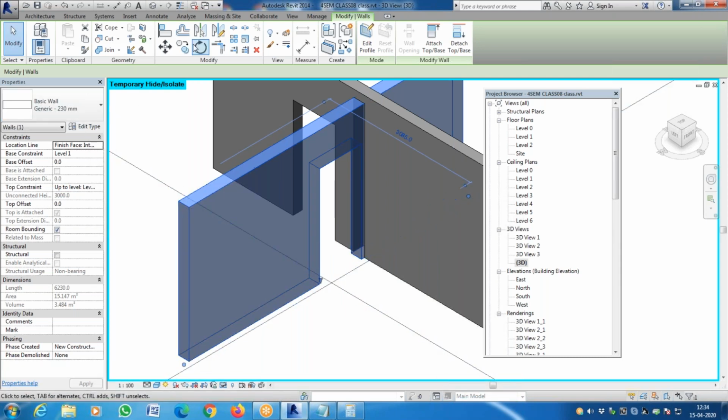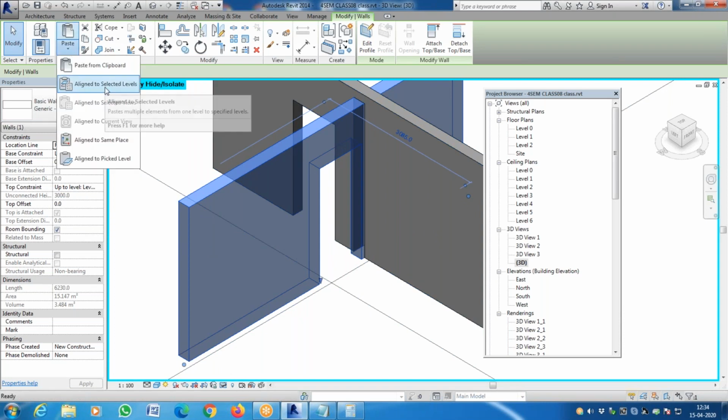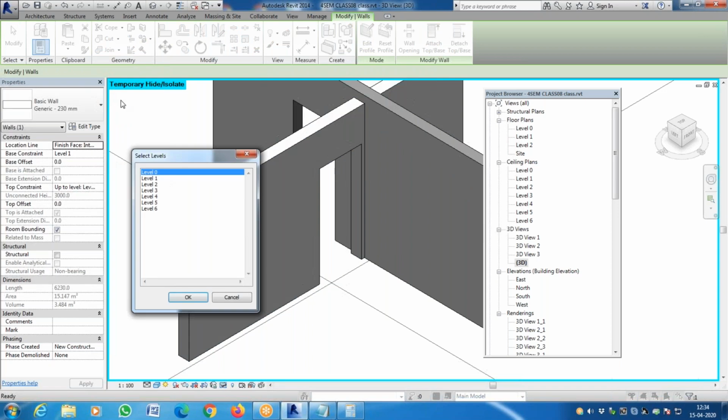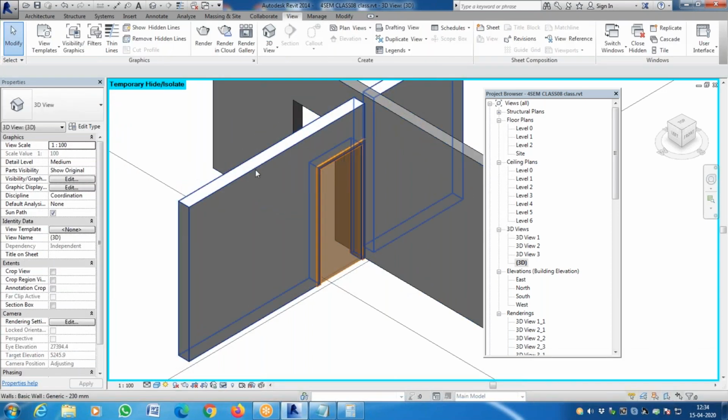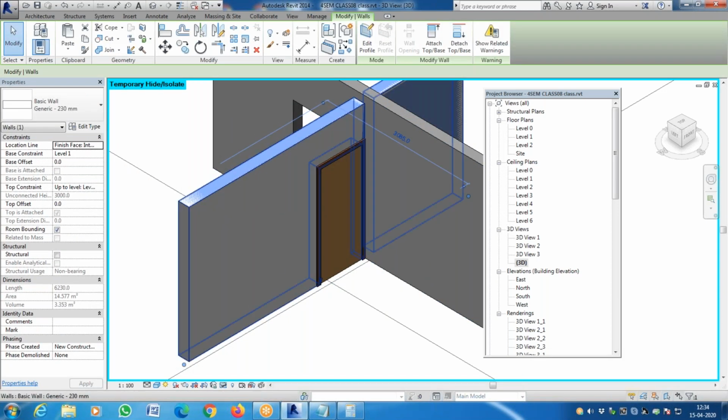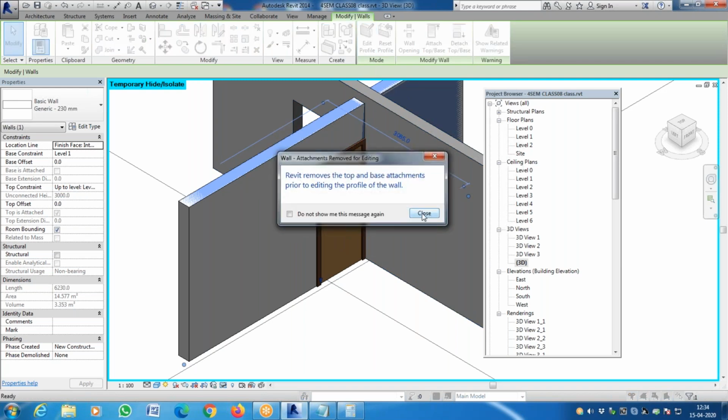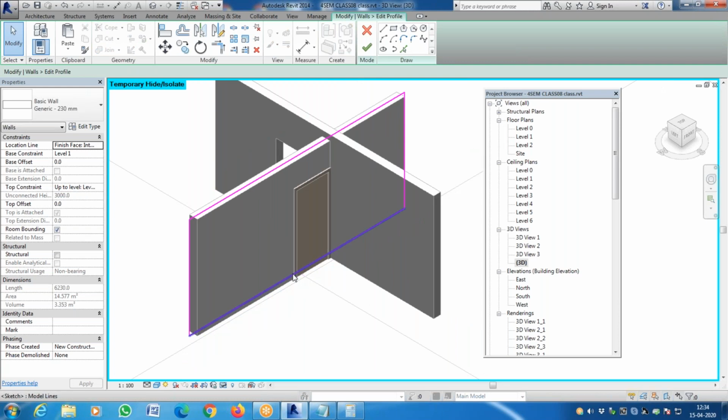like that. So what I do is I select this wall and say copy and paste, align to selected level. Okay, now which level? Level 1. So there is a problem here. There are two walls in the same level in the same place. So let it be, no problem. What I'm saying is I'll give edit profile, and what I am going to do is